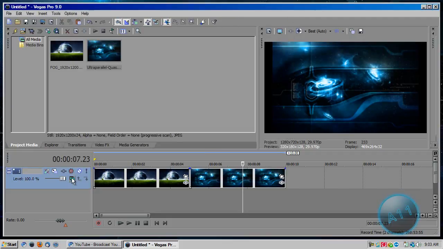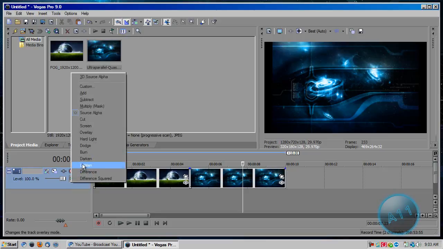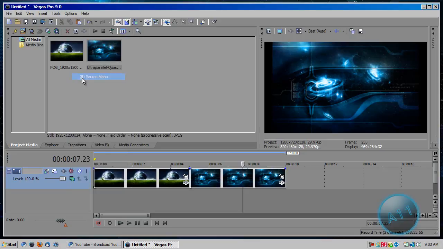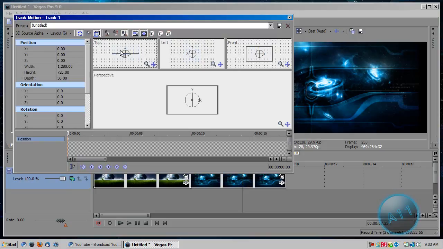Over here we have the composition modes. So if you've worked in Photoshop, then you know what I'm talking about with the cut, screen, overlay, dodge, burn, darken, lighten modes over here. But we have another for 3D source, alpha, which means if we go to track motion here, we can go ahead